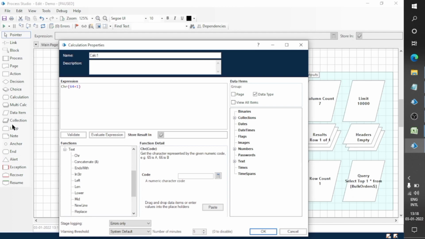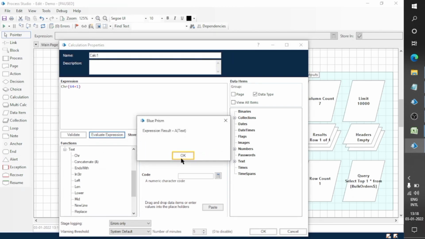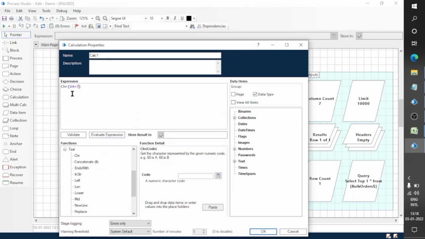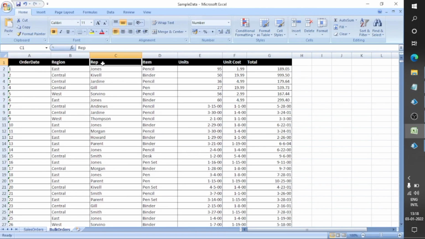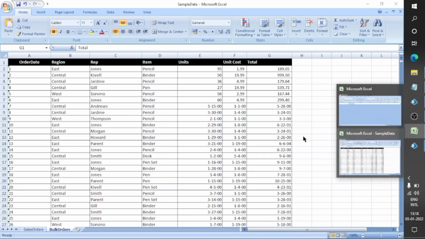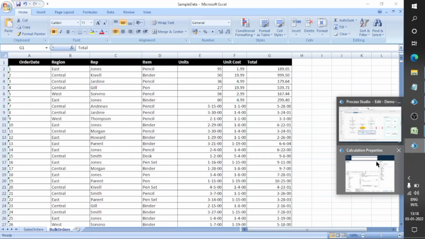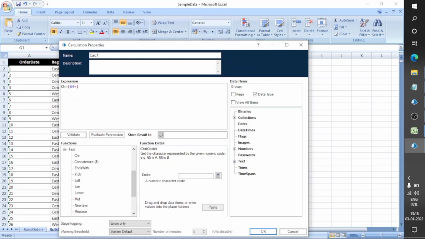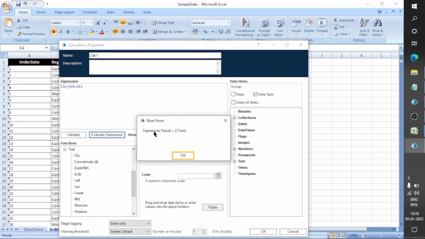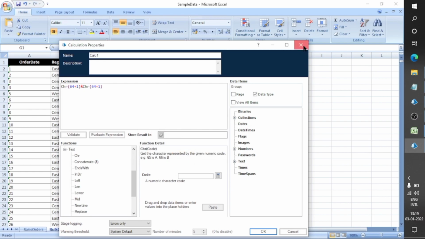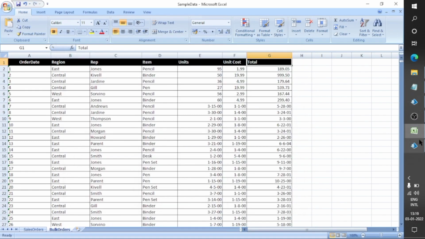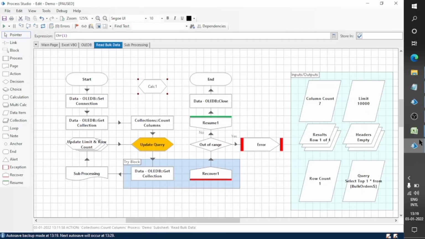Let's say if the column count is 1, we will get A. If the column count is 7, we will get G. See, we can see for 1, 2, 3, 4, 5, 6, 7. So if there are 7 columns, then the value of the range is G. Similarly, if we give 26, we will get Z. Okay. So you can create logic as per your requirements if your sheet contains more than 26 columns. But our sheet contains fewer than 26, so we are using this formula.